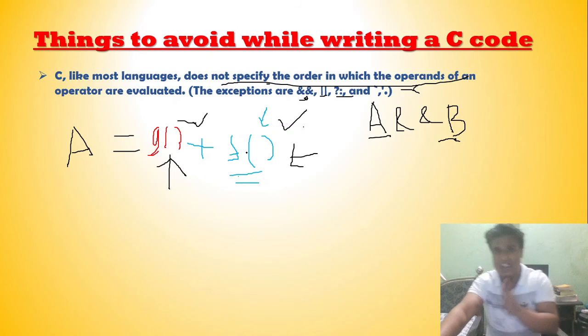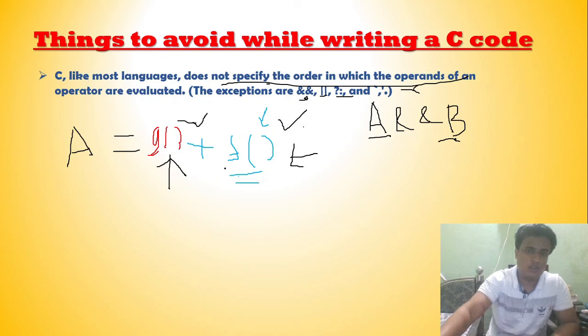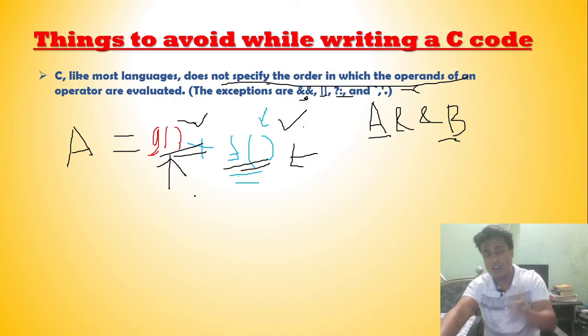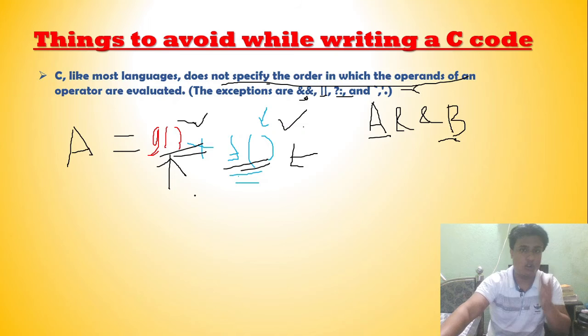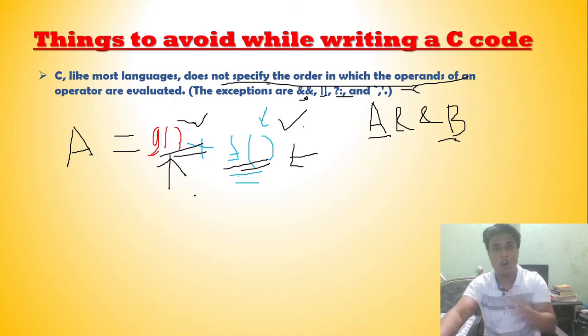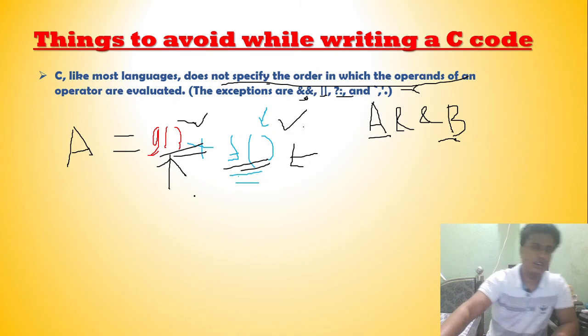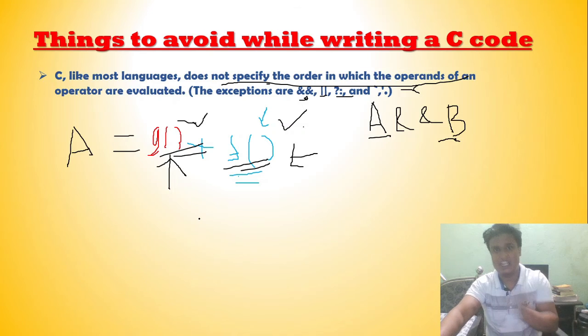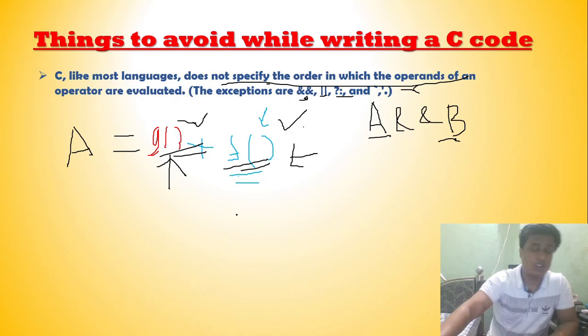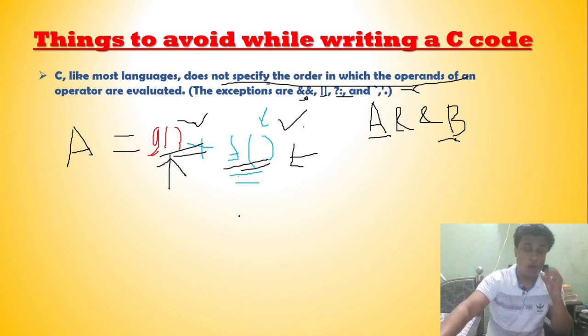An operand can be an expression too, so don't get confused by that. We don't know whether this one will be operated first or this one, so ambiguity can arise and we can get an undesirable result. So better not to use it if you don't know the order of execution. Stay away from that type of expression or code, and avoid writing it in your IDE because it can give undesirable results. Hope you get my point now.